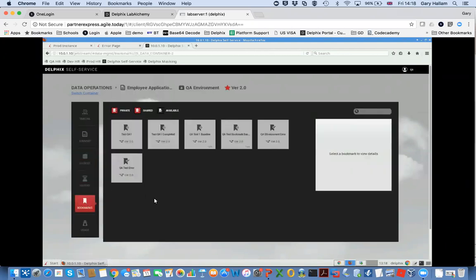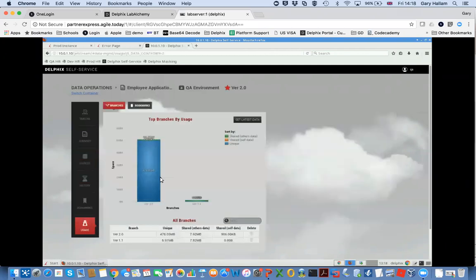Again, I've got another view of bookmarks that I've created. And an important capability here as well is to see how much storage space I'm using by these virtual data sets. As you can see, with the different versions that we've got, the new version uses very, very little storage. So we've got a massive storage saving. The virtual database takes up a little storage. As we make changes to it, it grows. But when I create a copy, a different version, then it's very, very small. So let's go